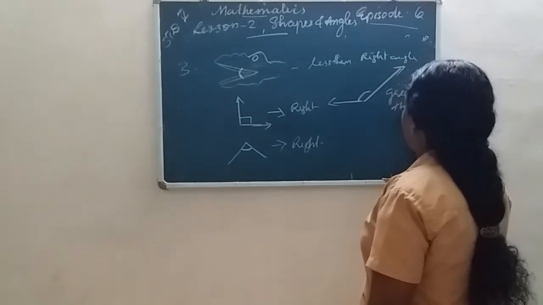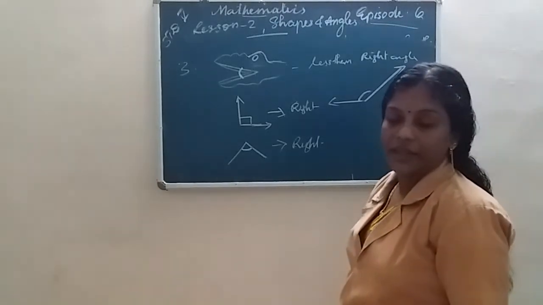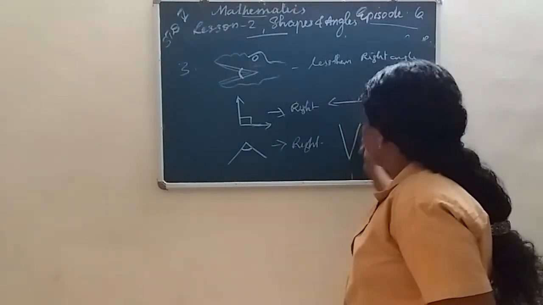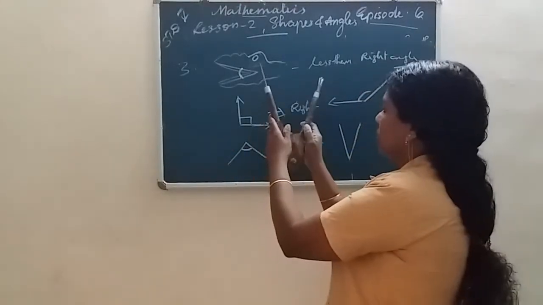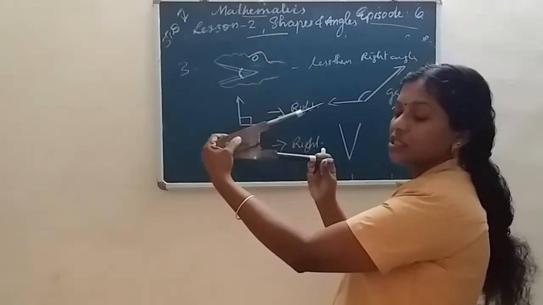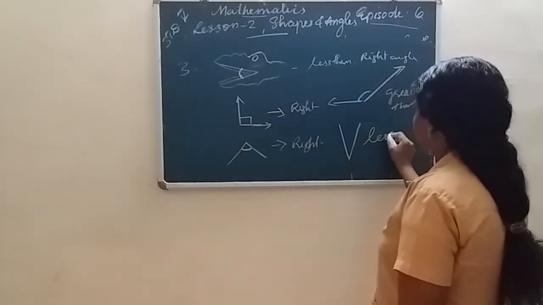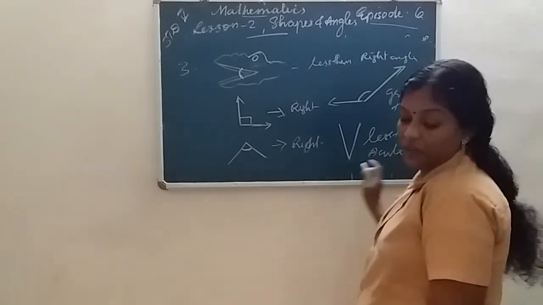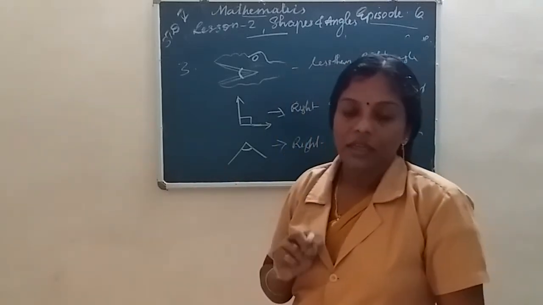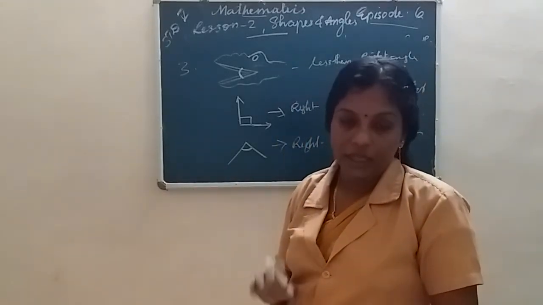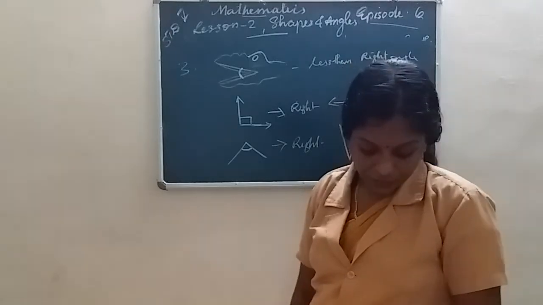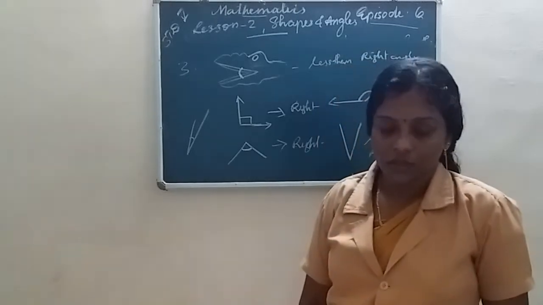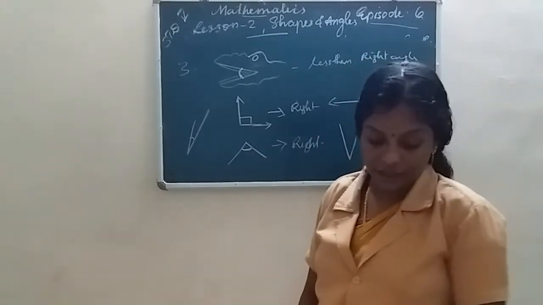Right angle. Greater than right angle. Okay, greater than right angle are obtuse angles. Next one is this angle. It's a small angle like this. This one. What type of angle is this? Less than right angle. Less than right angle, or acute angle. Don't forget the names: less than right angle, greater than right angle, and right angle. 90 degree, acute, obtuse. Don't forget it. There's one more angle given. So you understood, less than right angle.